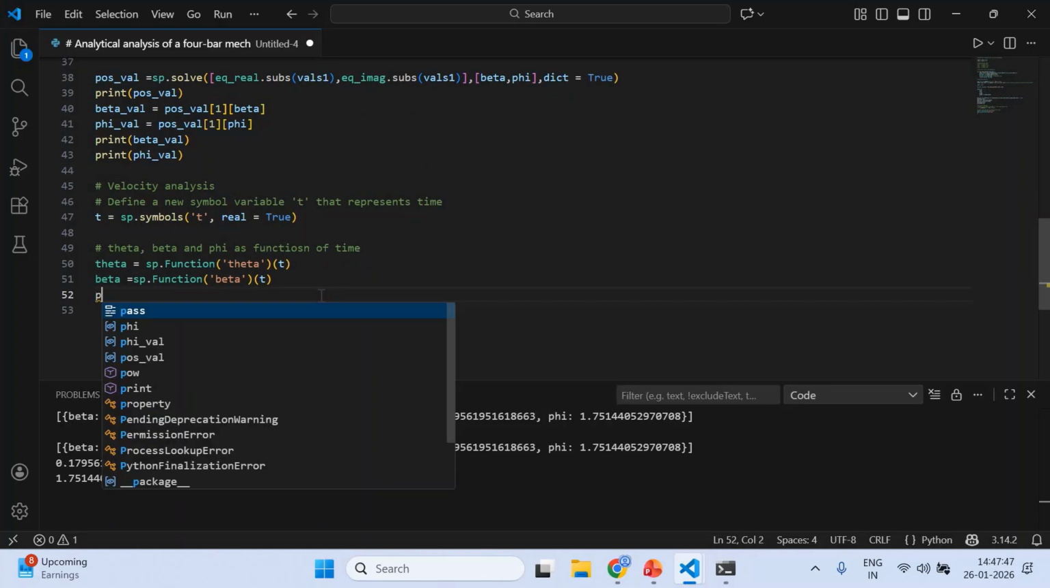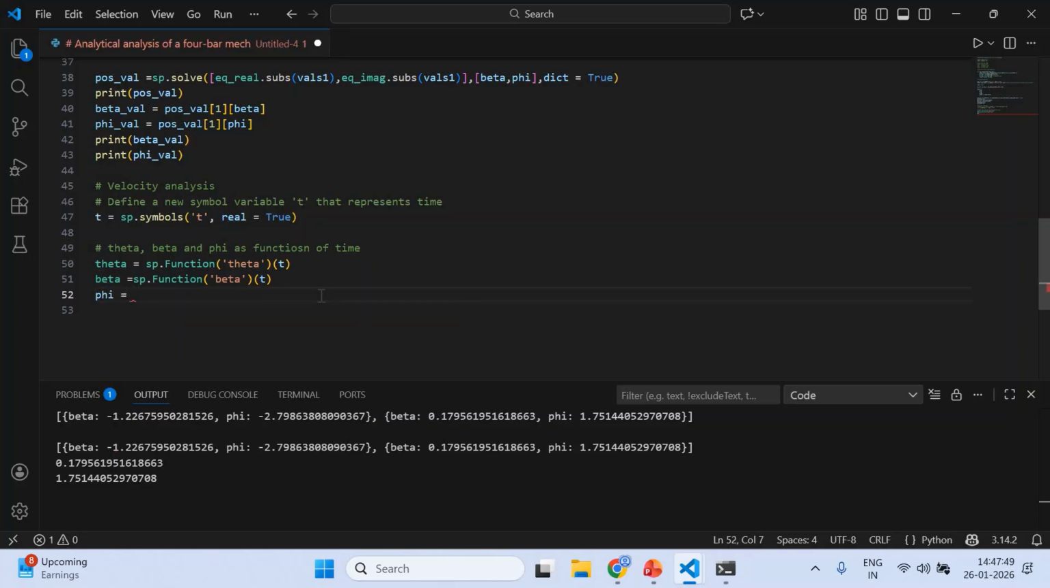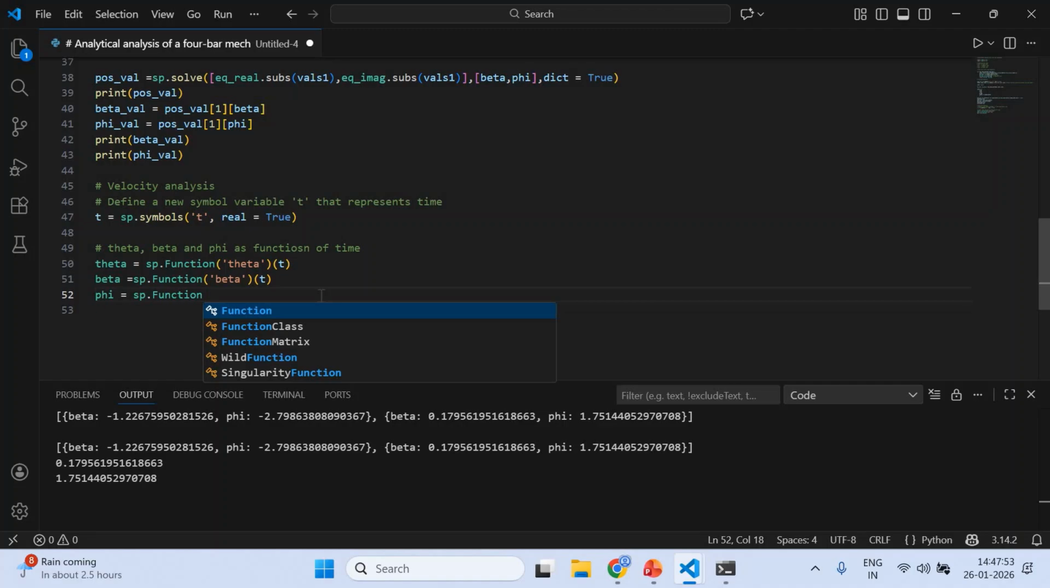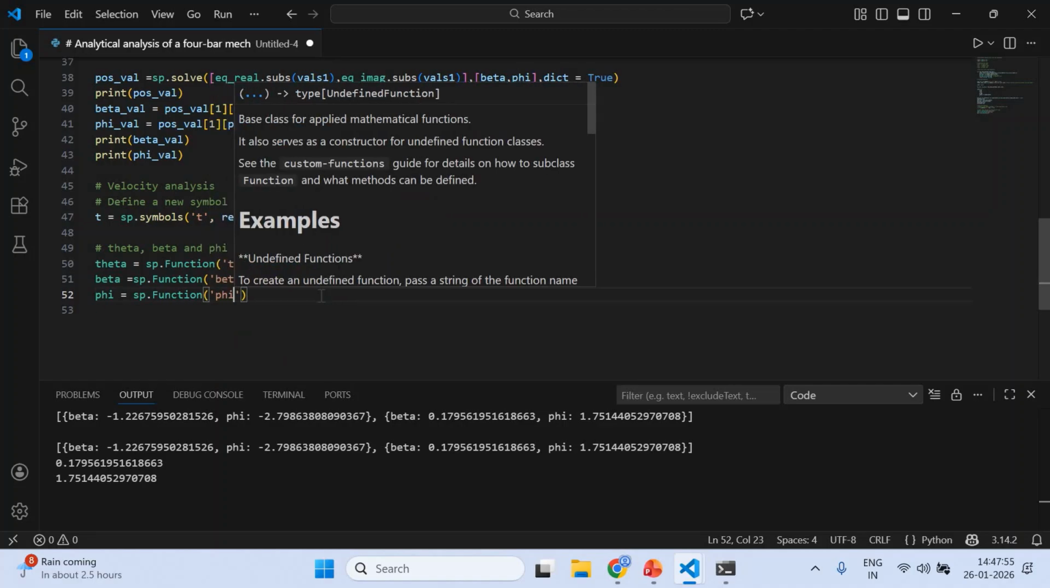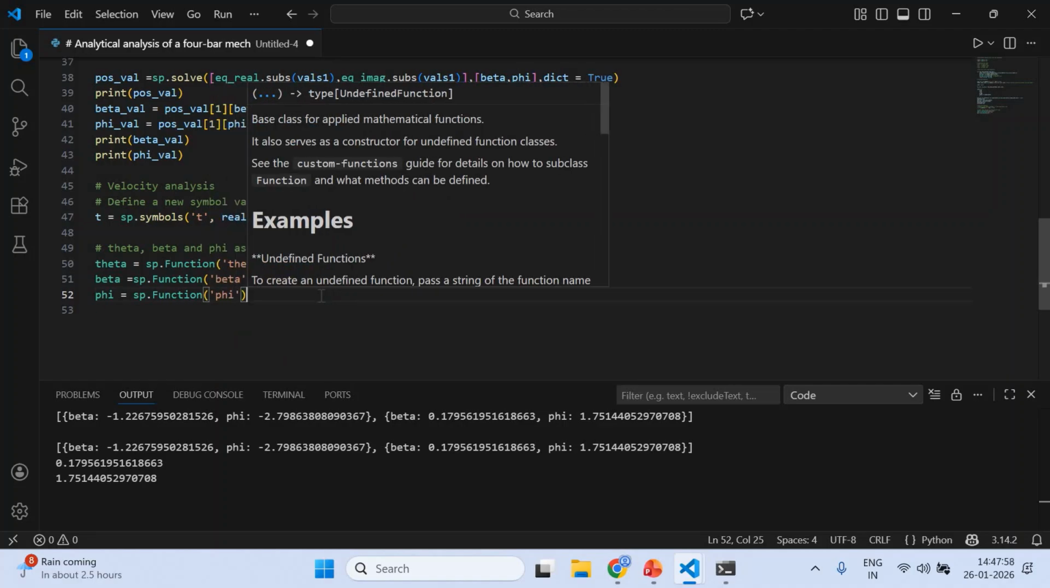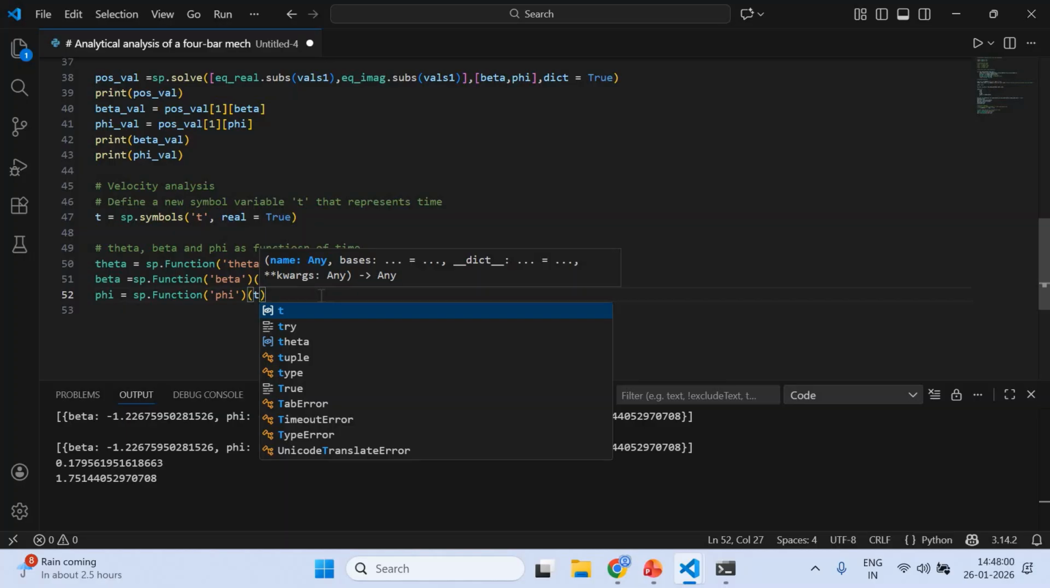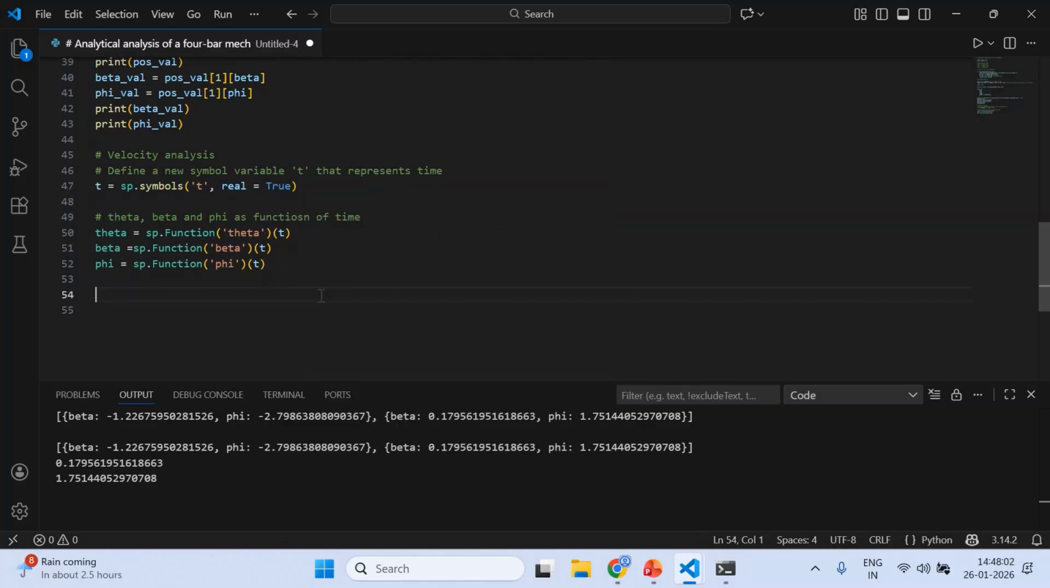Now similarly you define phi equal to sp.Function. Then again in the inverted commas you have phi. Then again this is your t. So once you have defined theta, beta, phi as functions of time, let us again differentiate the position equation to